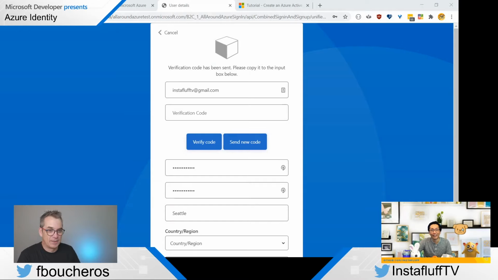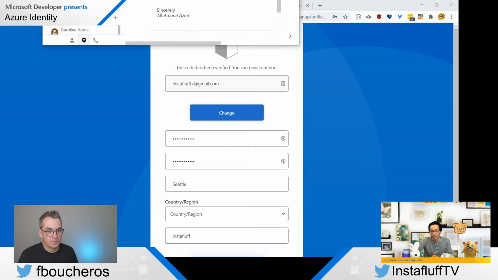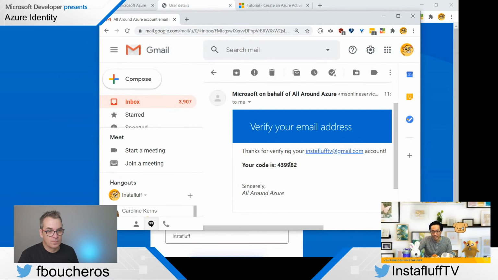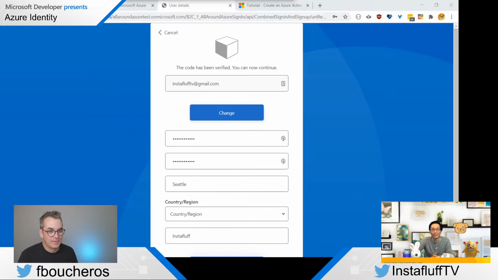Okay, here we go. So I can show this part. Here's what it looks like. I'm going to verify the code real fast first, and then I'll show you what the email looks like. So it comes into your email like this. It's like your code is this, and you can also customize this as well. Everything that you can imagine is pretty much customizable, which is pretty fantastic.